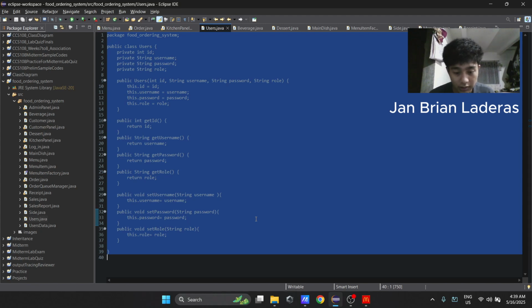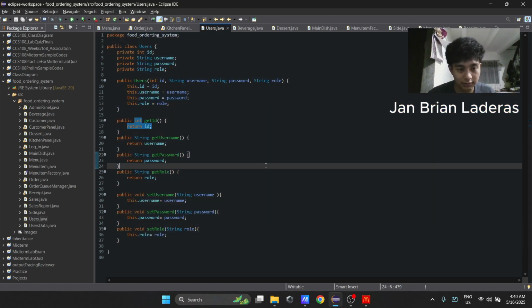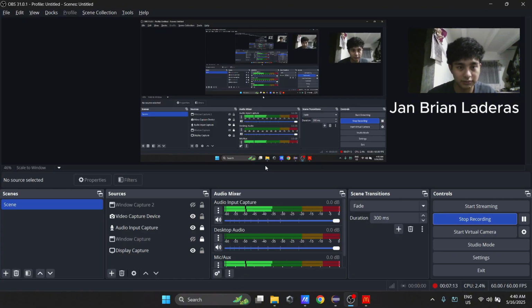The class contains no business logic or UI code. It simply models a user, satisfying the single responsibility principle and serving as the backbone for CRUD operations in the admin panel and authentication checks in login.java. And that's all. Thank you.